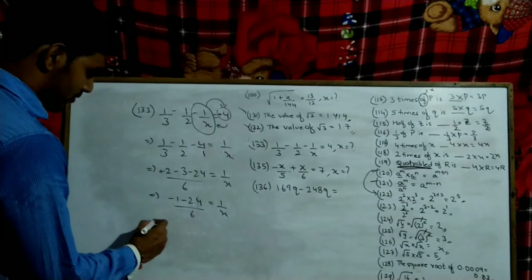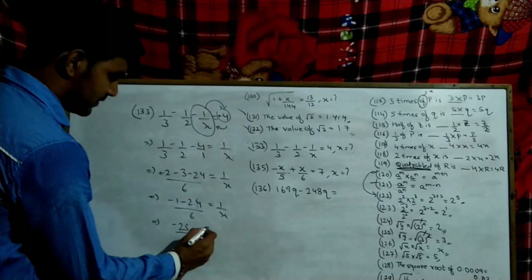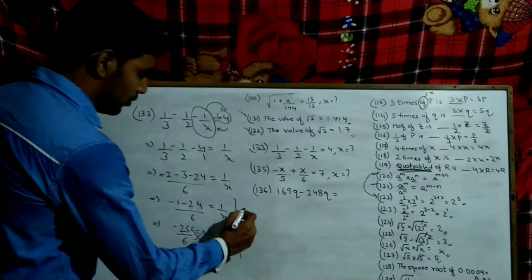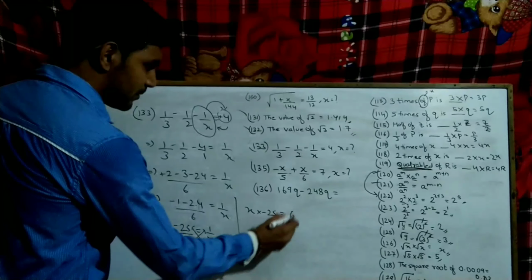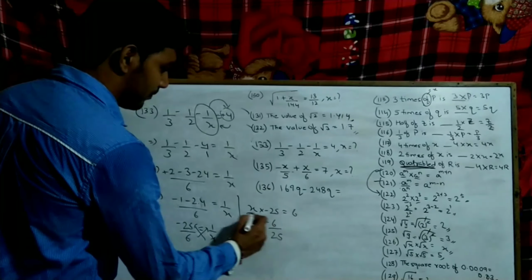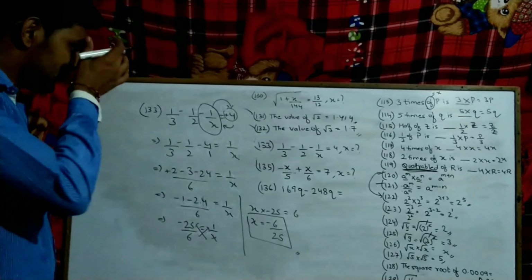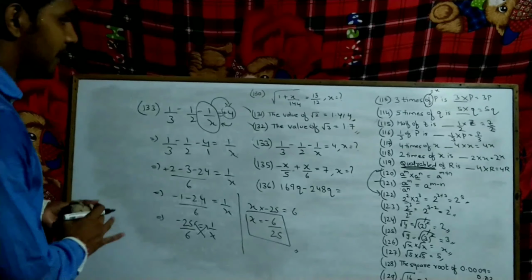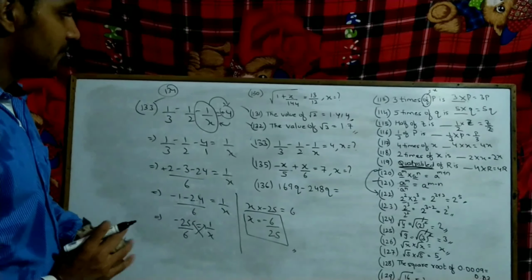Okay, now minus and minus will be plus. So 25, minus sign will come because both are the same. 6 is equal to 1 by x. Now cross multiply. x into minus 25 is equal to 6 into 1, 6. Now this multiplication part, both going that side, becomes division. So x is equal to 6 by 25 and the minus sign stays. Clear? So this is the answer. Okay? Clear everyone? Now let's take 135. And remember 133 and 134 both are the same question. Okay? Now let's start with 135.